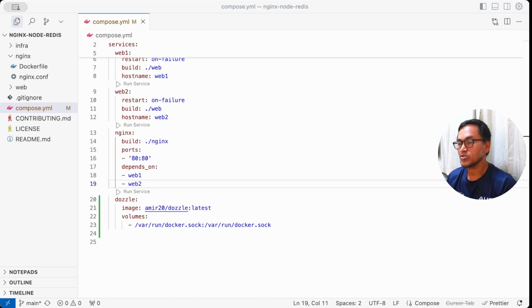But we also know from the previous episode that I made all the core services not accessible from outside the instance, and the only way to connect to these services is through the Nginx service. So what this means is that I need to reconfigure my Nginx service to allow public access to the Dozzle service. And to do this, let's head to the Nginx directory